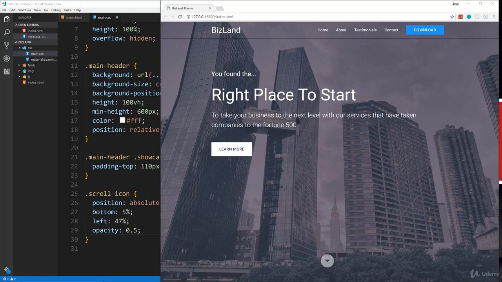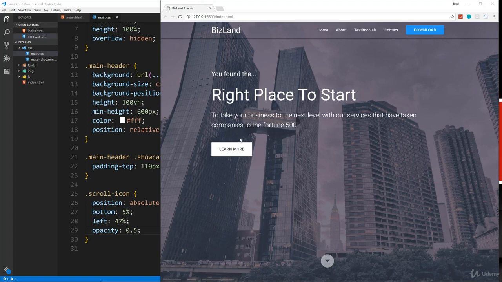Alright guys, so in the last video we created the full screen header here. Now what I want to do, before we move on to the boxes down here, is implement the ScrollFire to fade in this text when we enter, and also make the nav bar solid when we scroll, which we're not really going to be able to test yet because we have no scrolling. Well, I guess we could put a margin top or something, but let's